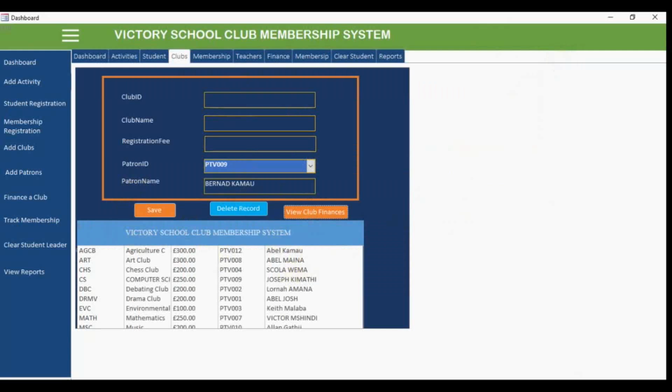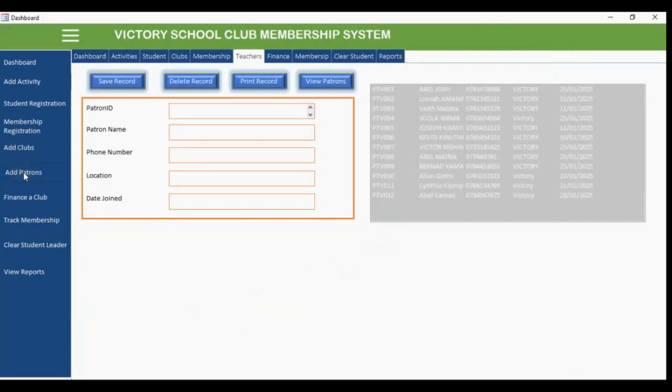So you can save the data if you prefer to, or if there are missing clubs. Then the other bit is the patrons. This is where you can add patrons to the clubs. This basically means they are the teachers that work in that school, because we are told each and every club has a patron who is a teacher, so you can quickly add them